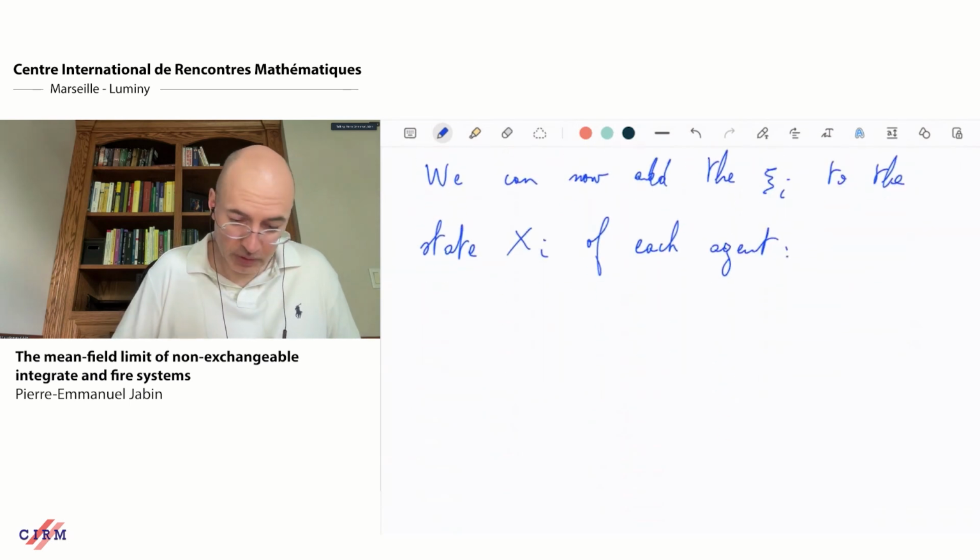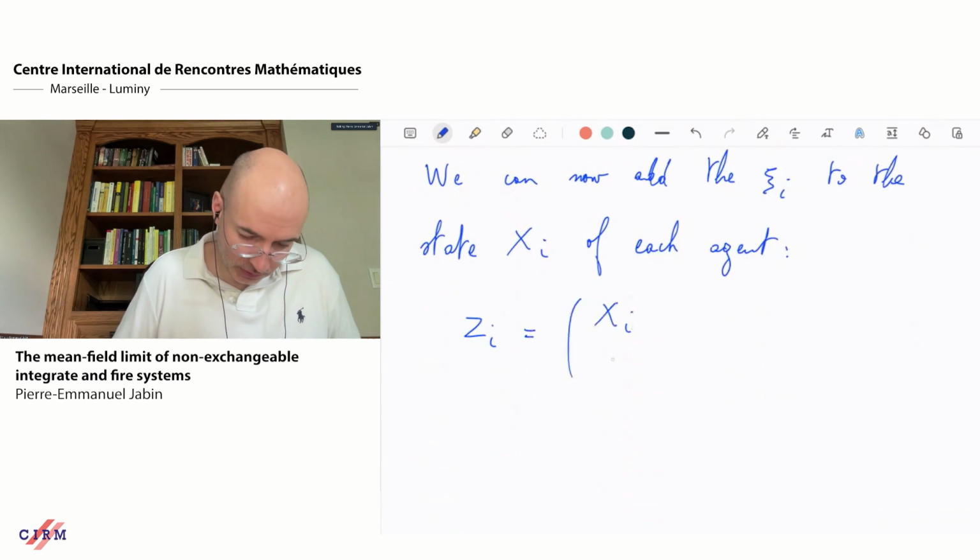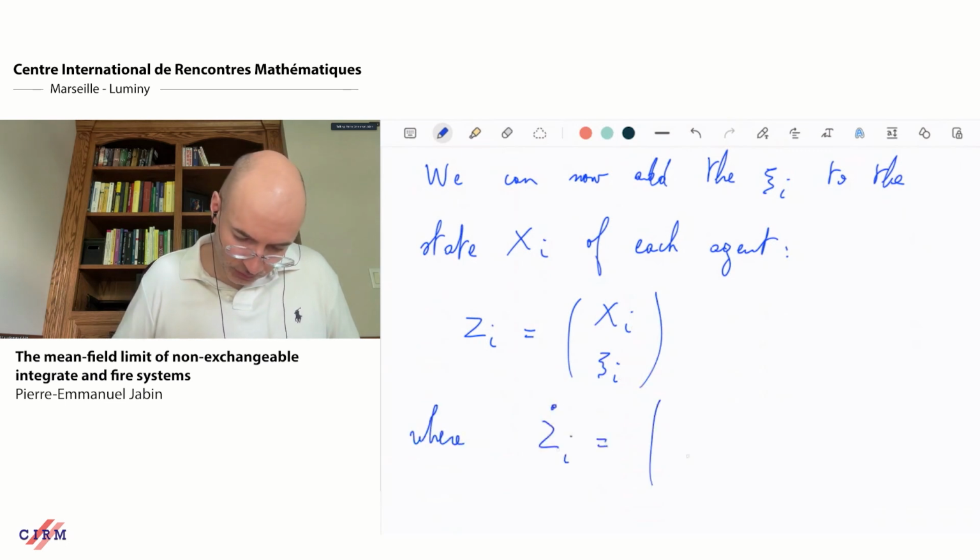Right? So I can define a zi, which is a bigger vector xi, psi i, where zi dot is, of course, equal to,